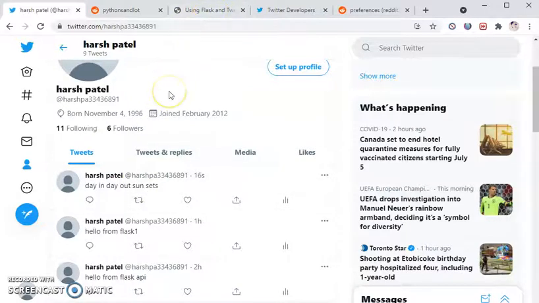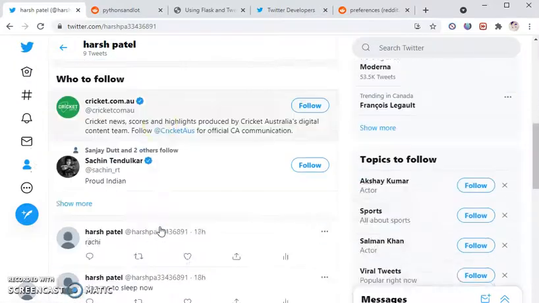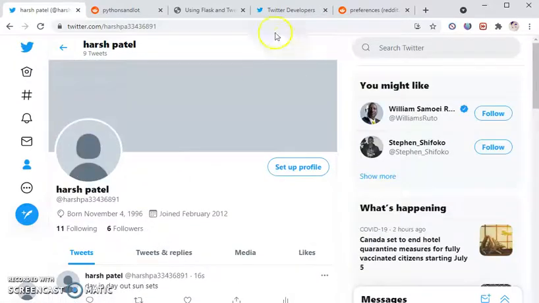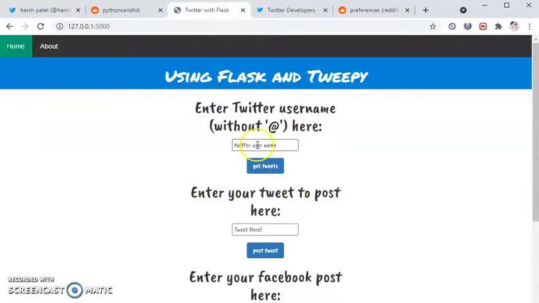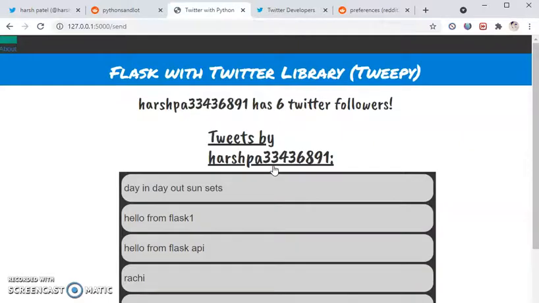Now let's try fetching data from Twitter, that is the number of followers I have on my page plus all the tweets I've made. Back in the Flask application, click on home and enter the Twitter user ID. We'll say get tweets, and there we go.